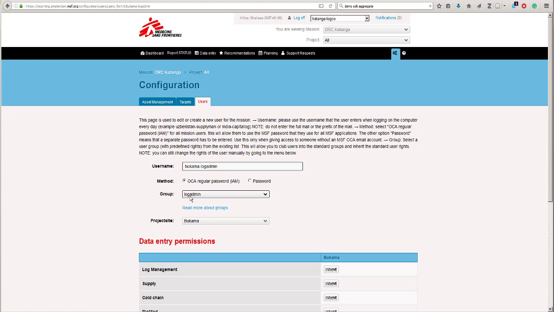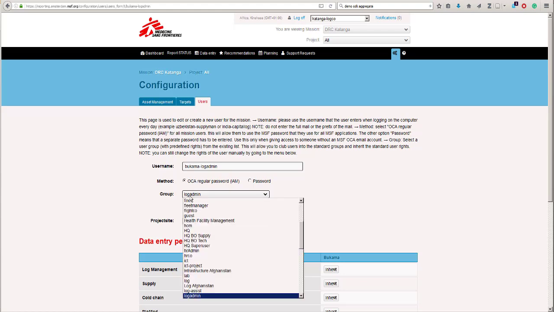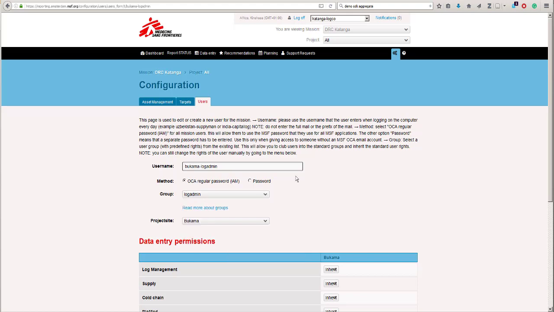In the background of LRS, we have around 30 user groups, and all of them have different user rights. So you see here we have a FINCO user group, we have a fleet manager user group, a head of mission user group, etc. If your log admin is a pretty standard, let's say, profile of log admin, then you don't need to assign his rights one by one, but you just assign him in the group, so he gets the default user rights. If you want to see what are these user rights, you just have to click on